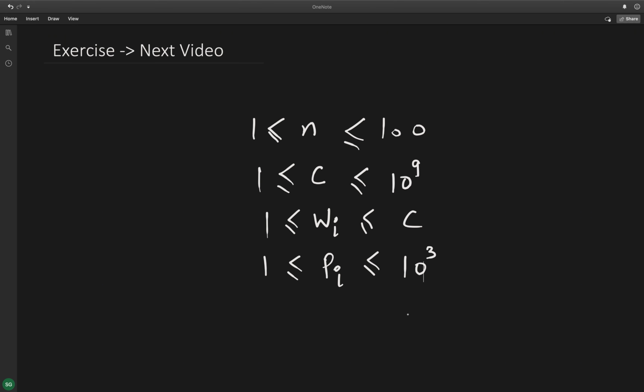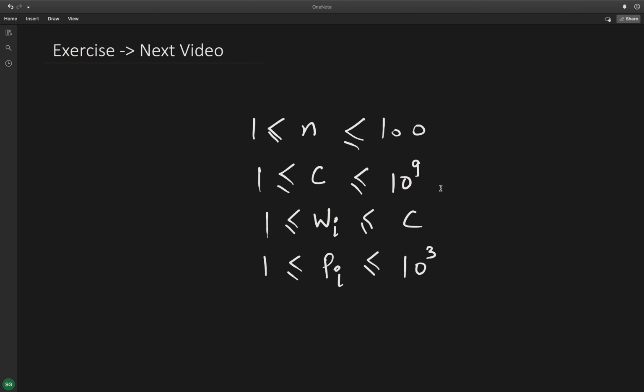I know the video is a bit long, and if you have come this far, I hope you have learned something new. And without taking much of your time, I just want to give you an exercise. In this knapsack problem, we have taken a single dimensional array of size capacity plus 1 to solve this, right? So if there is a capacity range of 10 raised to power 9, so if your capacity is from 1 to 10 raised to power 9, then you don't have that privilege of taking that long array. So now how will you solve that problem?